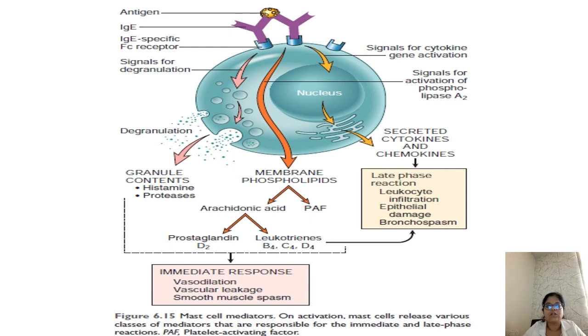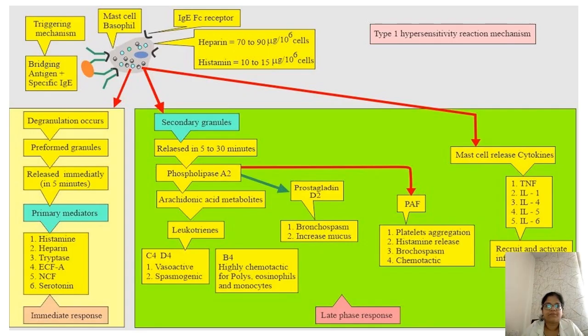cells and the basophils. All the granule contents like histamine, proteases, and membrane phospholipids like arachidonic acid and platelet activating factor, releasing these arachidonic acid metabolites, will be releasing the prostaglandins and leukotrienes, which will trigger the immediate response in the form of vasodilatation, vascular leakage, and smooth muscle spasm. Whereas the late phase is contributed by the cytokines and the chemokines, and therefore you'll have leukocytic infiltration, epithelial damage, and bronchospasm. So this is a flowchart depiction of what is happening exactly in the type 1 hypersensitivity reaction